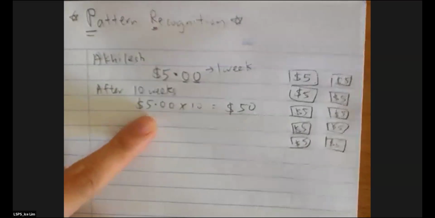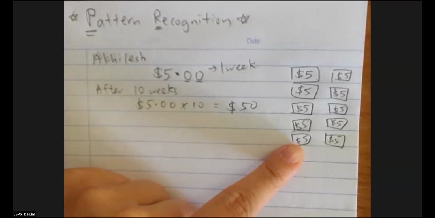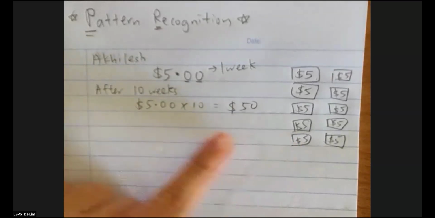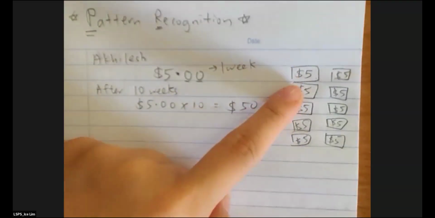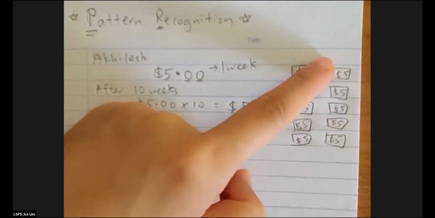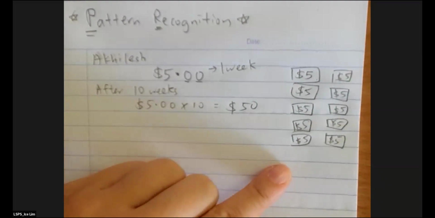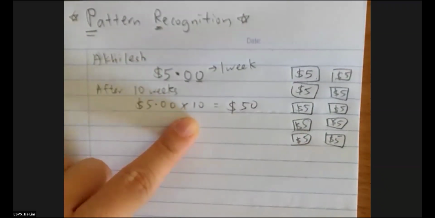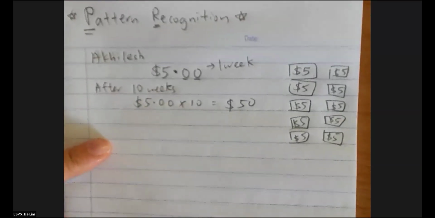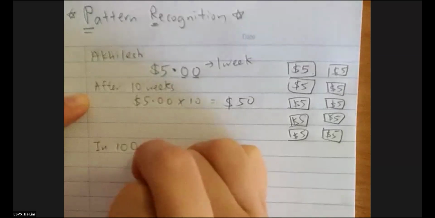So we can recognize 5 times 10 equals 50. Most of us, do you really need to draw to find the answer? The idea is 5 plus 5 plus 5 plus 5 plus 5 plus 5 plus 5 plus 5 plus 5 plus 5, right? In other words, that's called repeating. I repeatedly add 5, a total of 10 times. Now in 100 weeks,